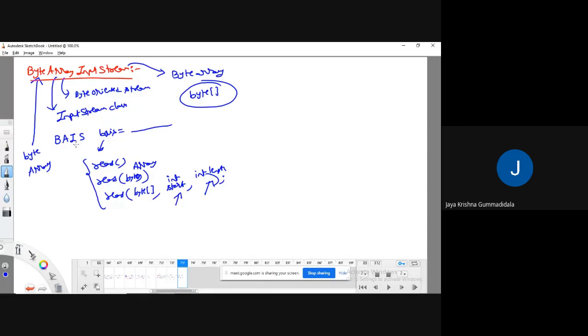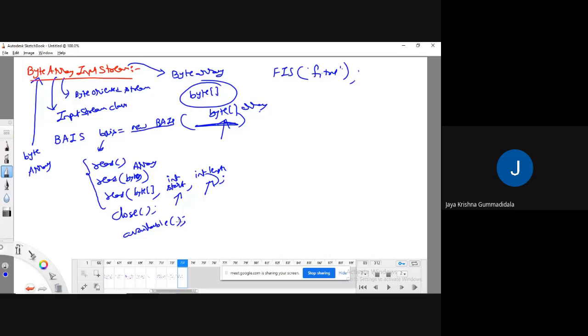Okay, so ByteArrayInputStream BAS equal to new ByteArrayInputStream of. Generally in file input stream, what are you passing here? The file name, you are passing f1.txt. Here what you need to pass? Here you need to pass a byte array. That's it. Okay, fine. So through this read method I can perform reads, I can use the close method, and I can use the available method.